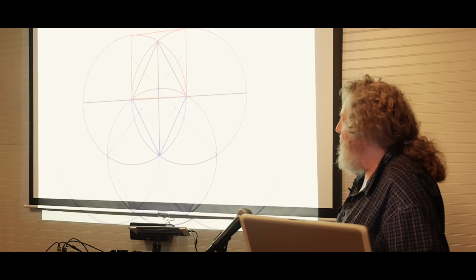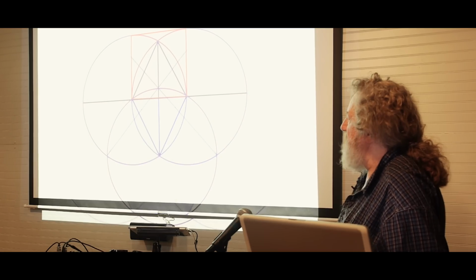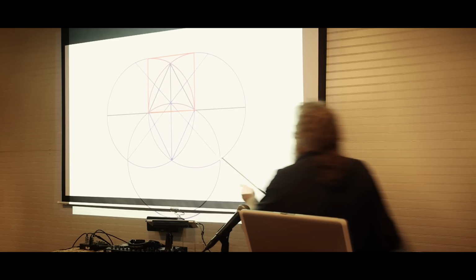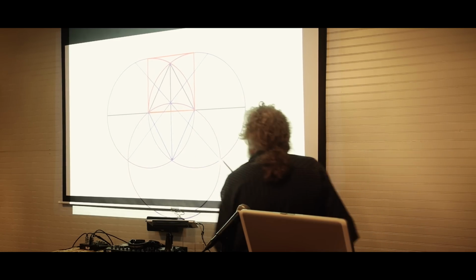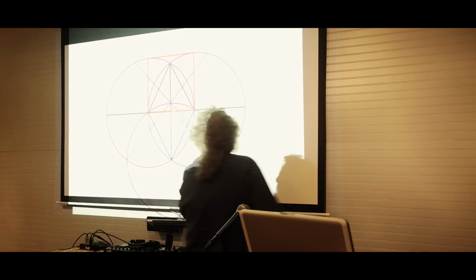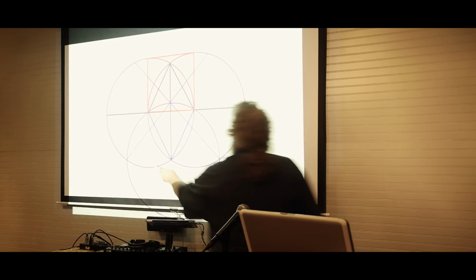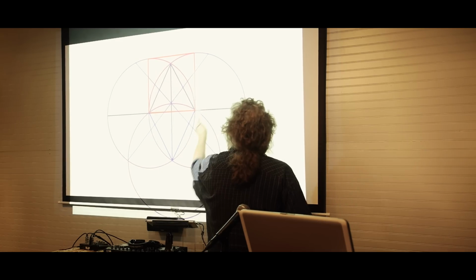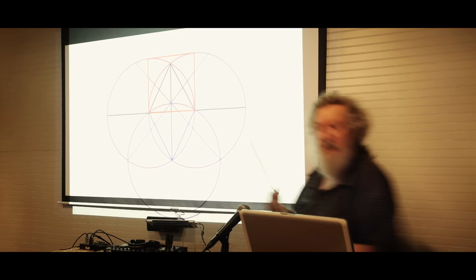I'm going to back out. We're going from here. I'm taking away 2 circles, leaving it to 3, and then I'm using this point and that point, right? So I project this point from here, and I use my straight edge to project that onto the circumference of the circle. I do the same thing here, and I get that point. Now, with those 2 points, I can go the next step,